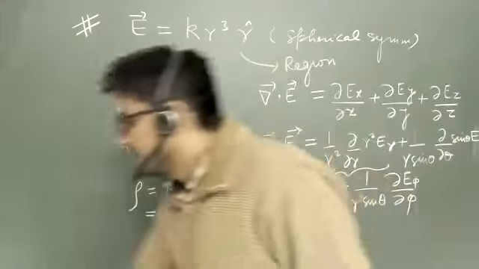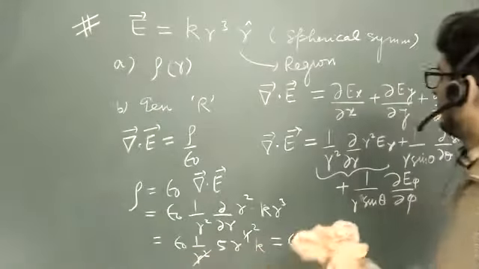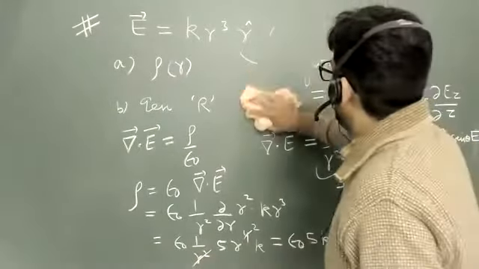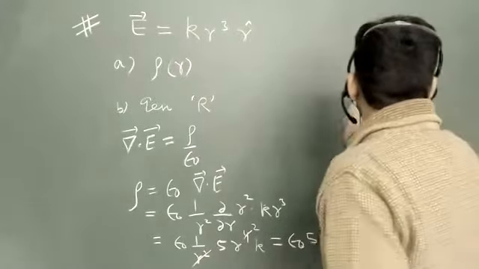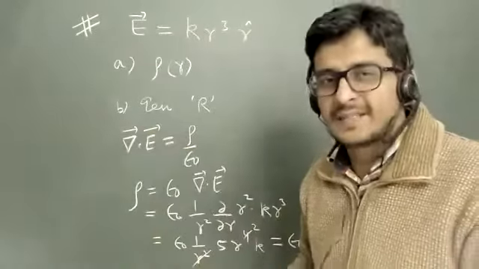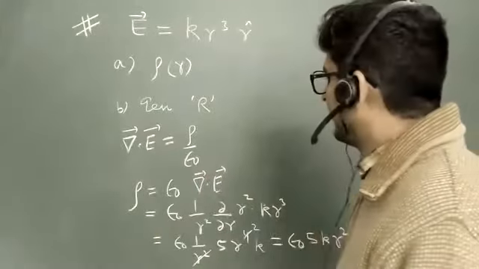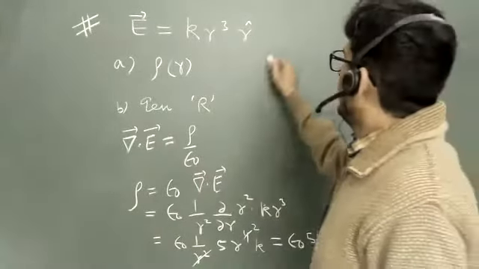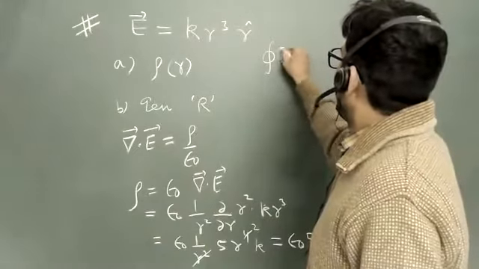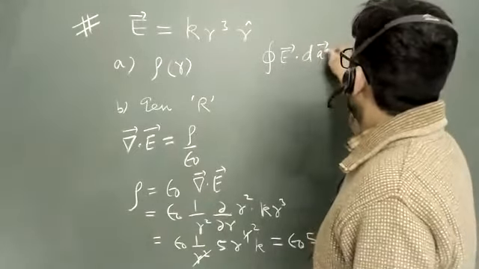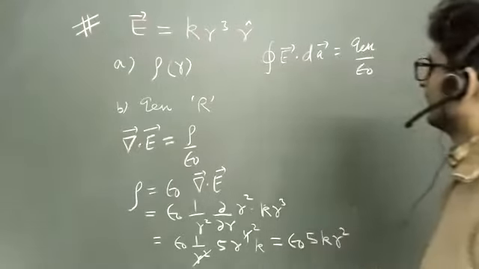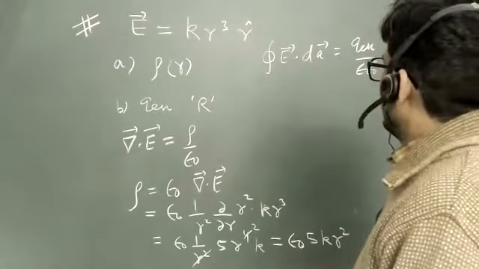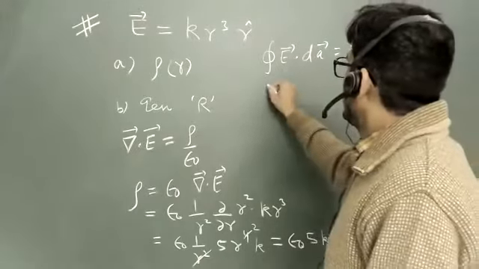Now we have to calculate the charge enclosed. We can calculate how much charge will be enclosed. You can see in these simple questions, you should try different methods to make sure that everything is correct. Like in Gauss theorem, integral E dot dA is equal to charge enclosed over epsilon naught, right? This is the Gauss theorem. And if I want to take this integral,